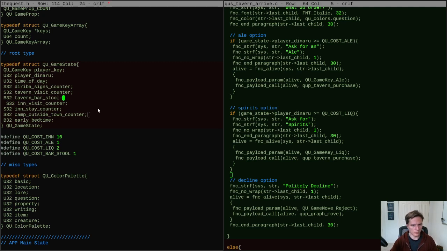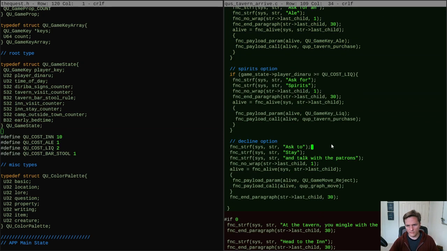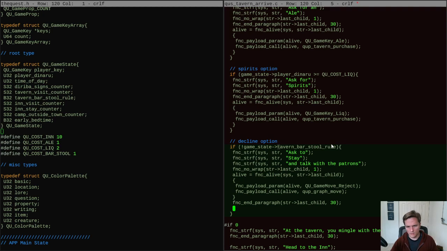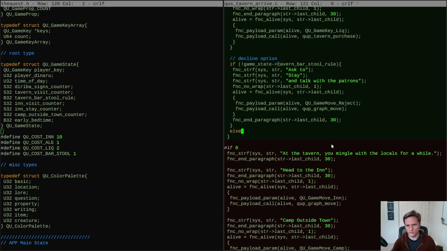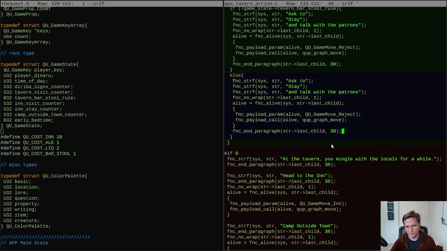Tavern bar stool rule. Okay. So what happens is, if you don't know about the bar stool rule, then your character has to go through this. Otherwise, they can